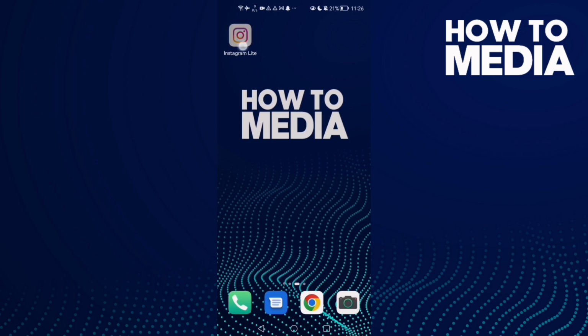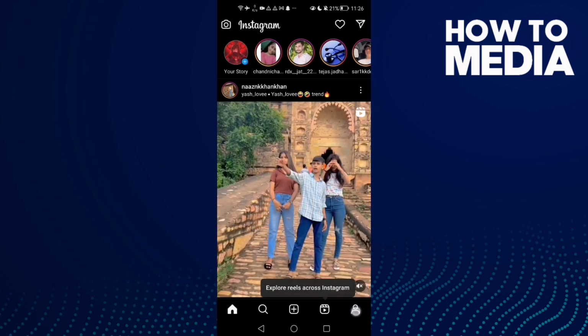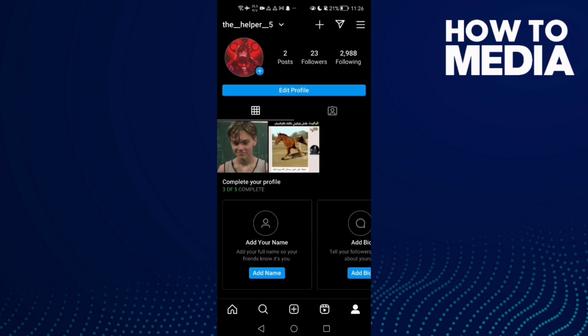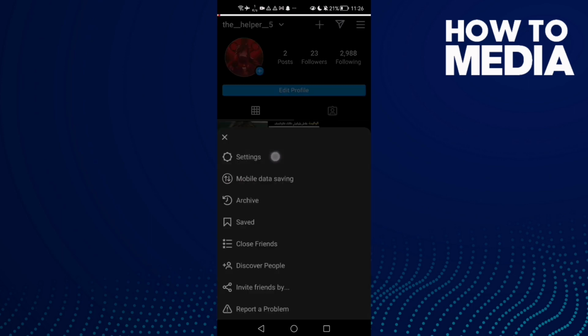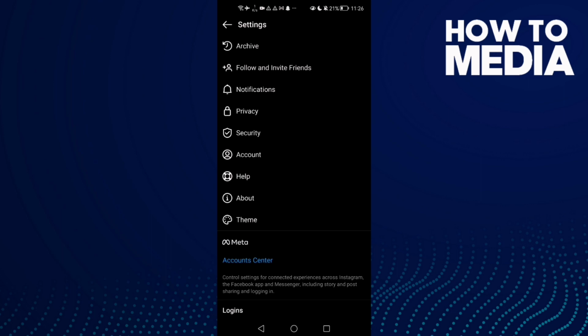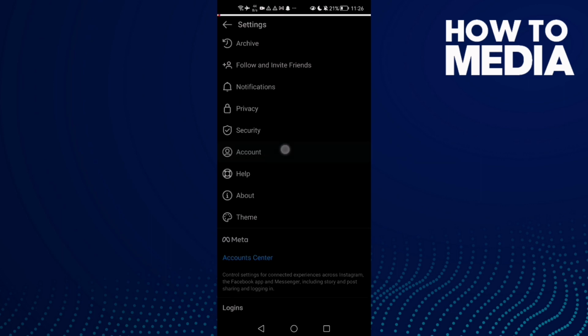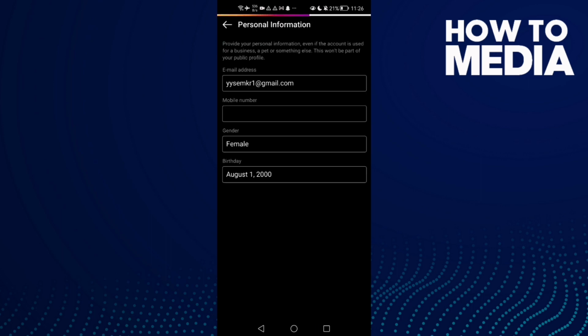First, open Instagram Lite and then click on your profile here, and now click these three lines in the top corner and then click settings, and here you will find this one, account. Click on it and then click personal information, and here you will find this one, birthday. Just click on it,